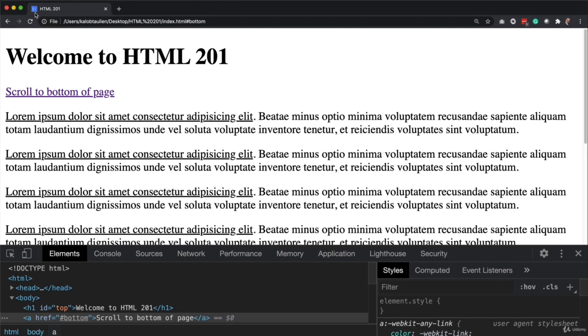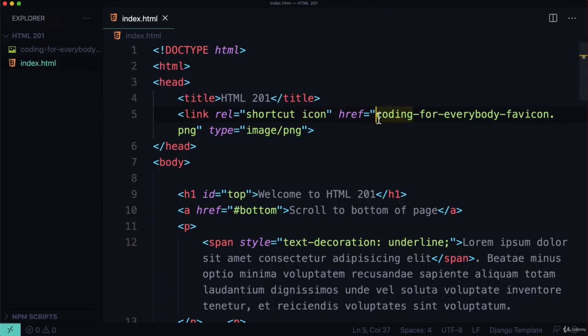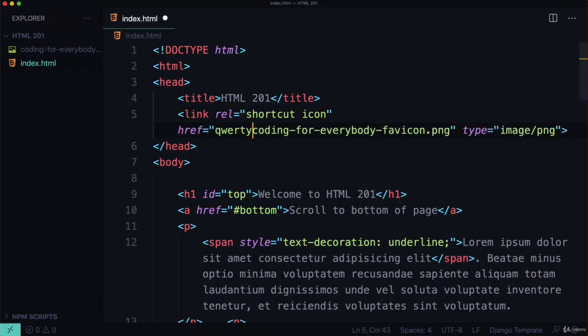Or there is caching, and I know browsers like Microsoft Edge like to cache pretty hard, so you might actually have to do a hard reload or open up another browser, just because your browser is going to try to get this image once and then try to cache it for a very, very long time. Now, if this doesn't show up for you, let's go ahead and do this. QWERTY